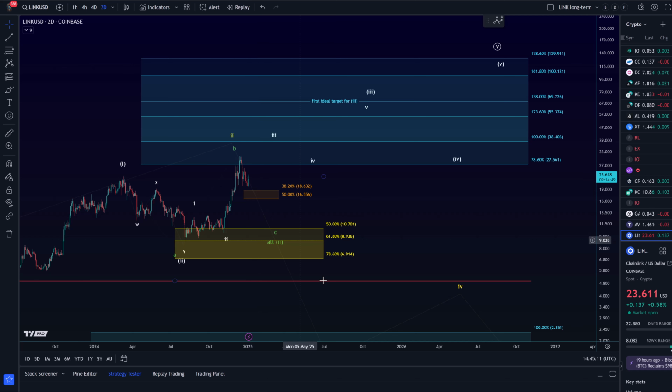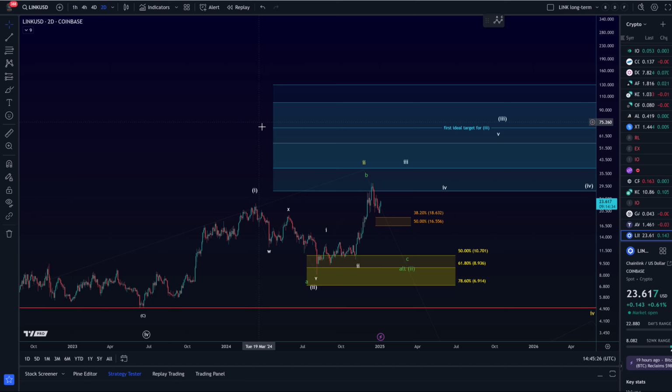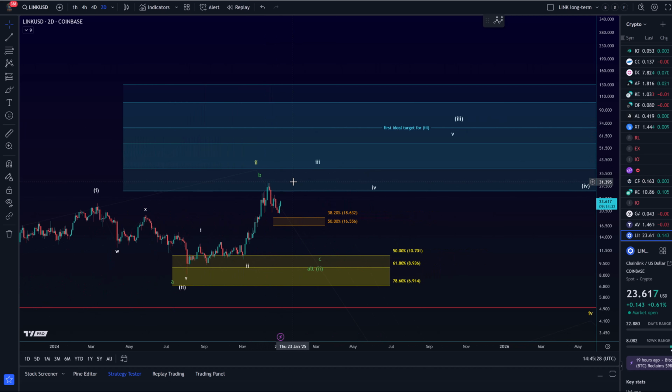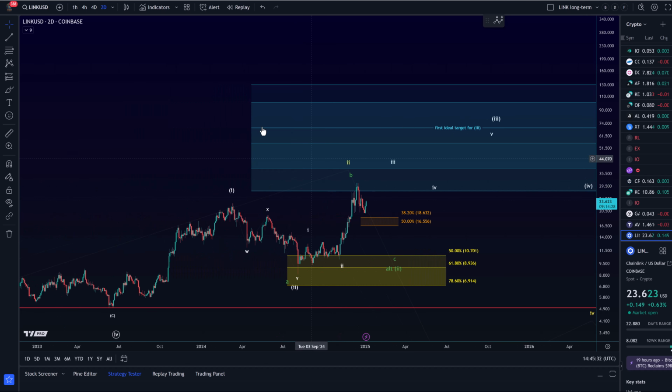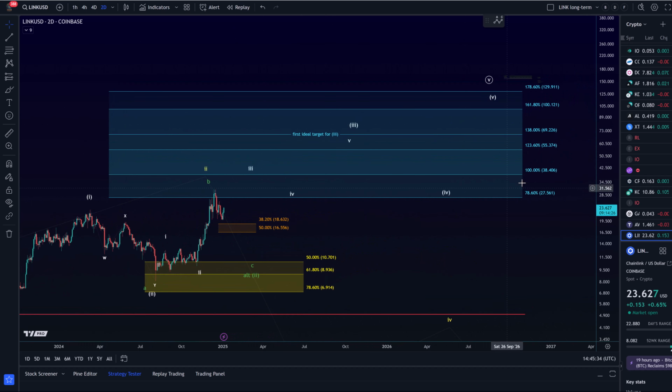There are bearish downtrend scenarios. However, as long as we're holding above the orange support area, my preference is for overall higher prices, and the white scenario remains preferred. The next objective for the bulls will be to drive the price above the last high, which is located at around $31, and the next upside levels to watch are located at $38.40 and $55.37, and